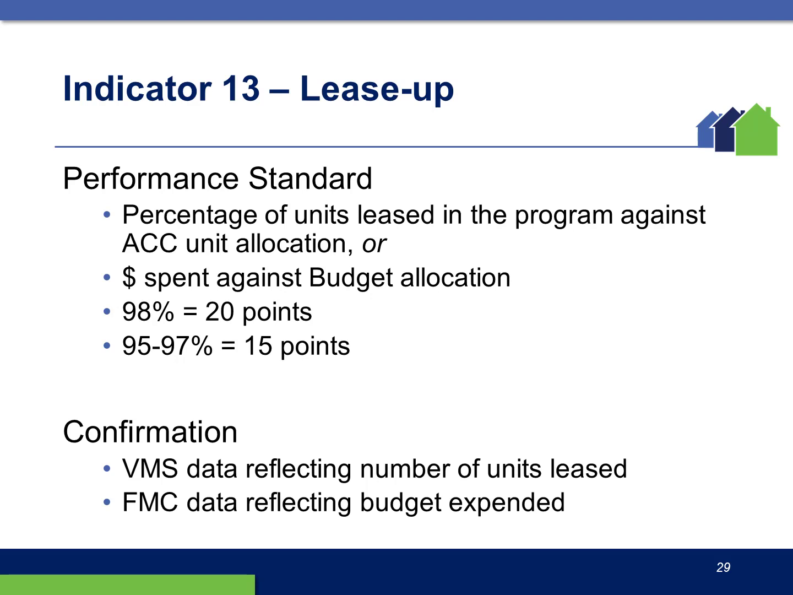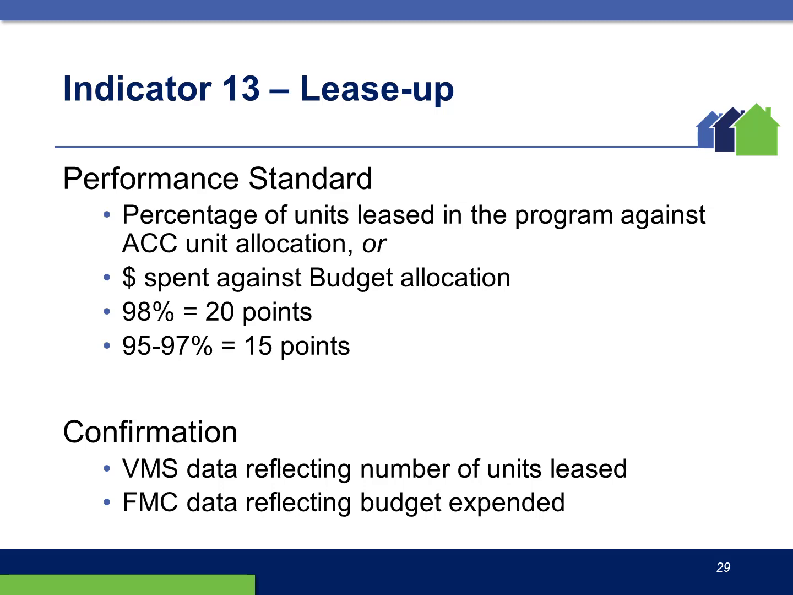Indicator number 13 is the leased utilization indicator. This indicator allows HUD to see whether the PHA is using its allocation of HCV vouchers. It measures the number of units leased against the number of vouchers allocated, or the PHA's budget authority. If the allocation is 98% or more, either in units or funds expended, the PHA gets the full 20 points. This indicator is confirmed through the use of VMS data reflecting the number of units leased and FMC data reflecting